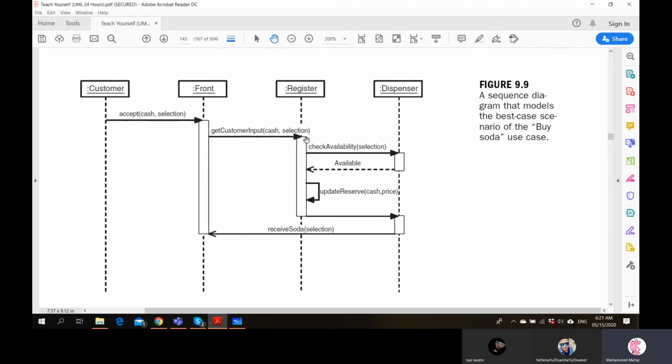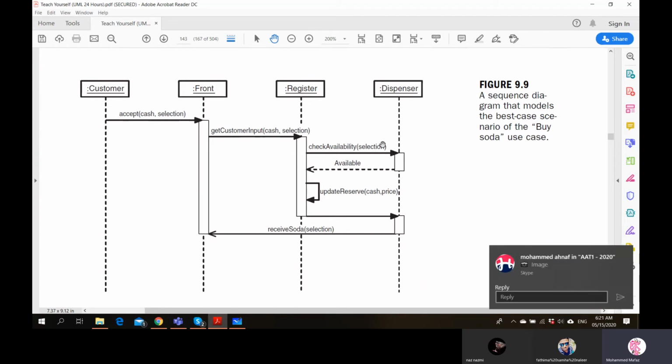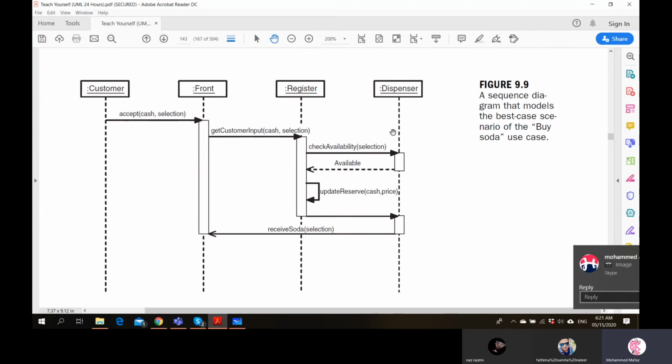Then register gets activated and sends again a synchronous message to the dispenser, calling the check availability function of the dispenser. Now, since you can see from register to dispenser, we'll come back to the other ones later. Register to dispenser, synchronous message is there.